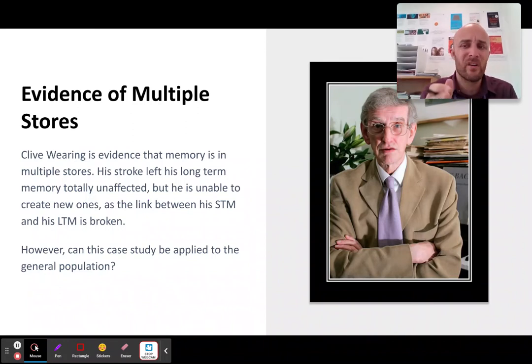Every 7 to 30 seconds, his short-term memory, right, so it's usually 18 to 30, but because of his stroke, he was a bit all over the place. He would not remember anything, and his wife would go out and make a cup of tea. She'd come back in again, and he thought he hadn't seen her for like 30 years.